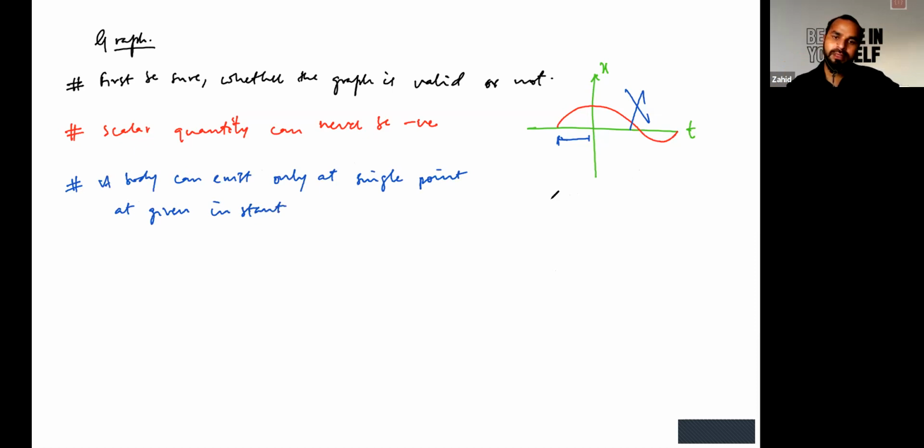Suppose a graph is given like this, this is your position versus time. Whether the graph is possible or not, just draw a vertical line for this particular curve. What it is depicting is that this particular particle has two different positions, one at this position and the other at this position, at the same given instant of time. Whether it will be possible or not,